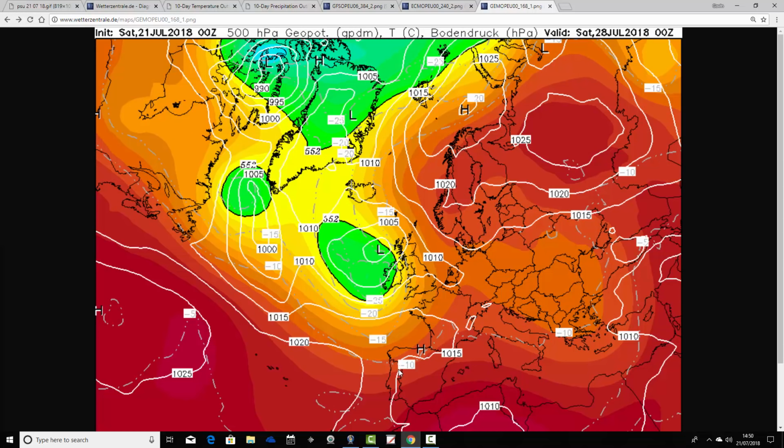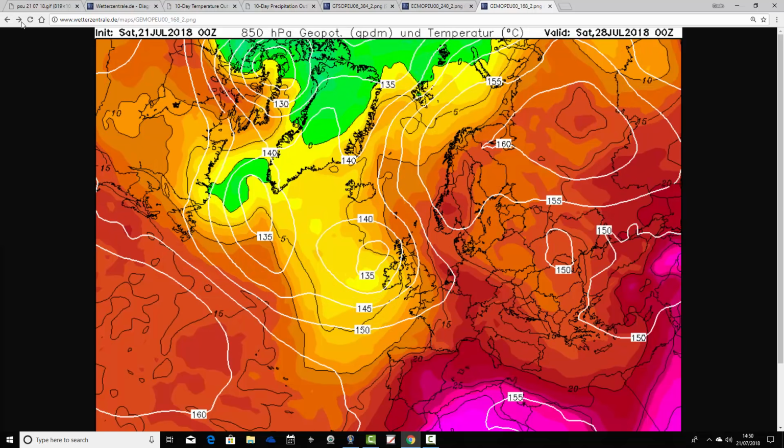We go through to Saturday, and much more in line with what the GFS is showing. There's a thundery breakdown moving across the country from Friday to Saturday. Upper air temperatures are very hot just to our east. What's happened there, because it's running in a 24-hourly step, so we can't see the Friday afternoon